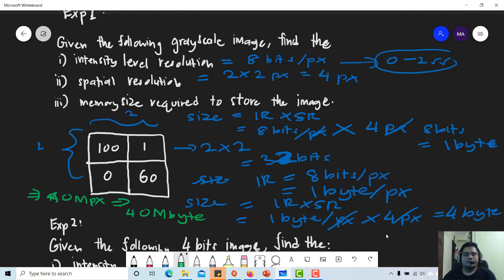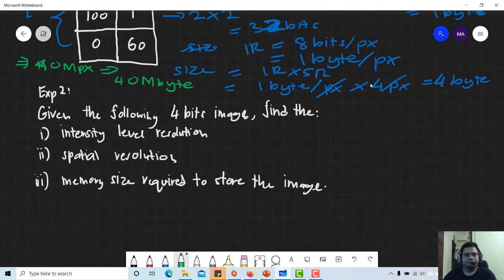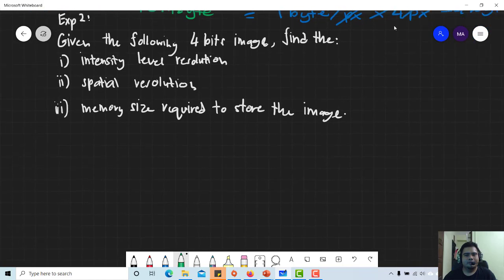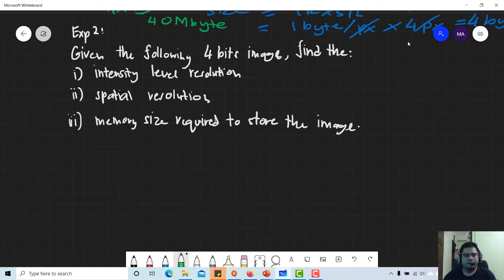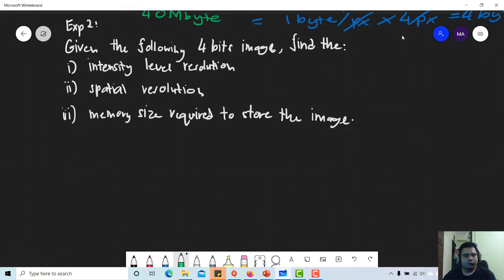Okay, now let's focus on the second example. It's almost similar with the first example. I just change a little bit the words there. Sorry, I forget to draw the pictures there. Let's draw the pictures. Now I put it as a